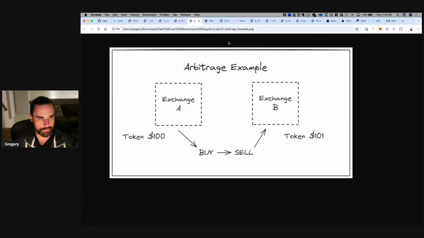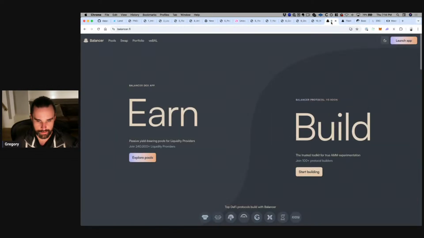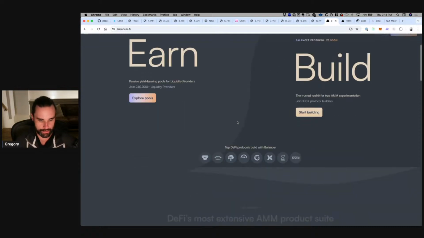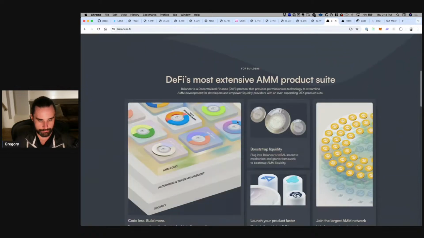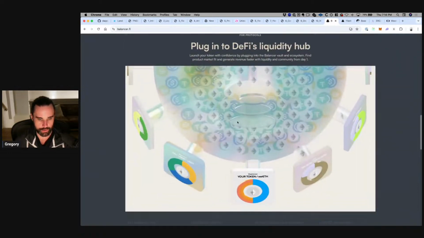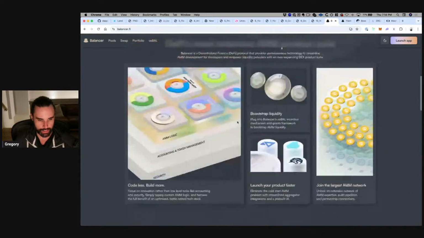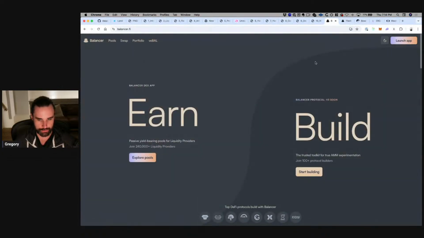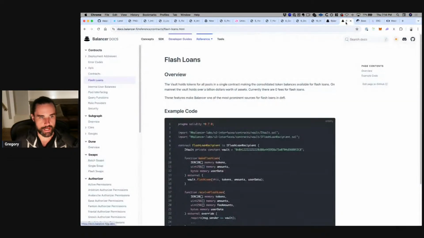Well, there's several out there, like DYDX, Aave, Uniswap, but my favorite is Balancer. That's exactly what we're going to use tonight. Balancer is a liquidity protocol. It's a DeFi application, and again, their primary function is not flash loans. They're a DeFi liquidity hub. They can plug into multiple applications. They have a decentralized exchange built into it, but they also offer flash loans, okay?